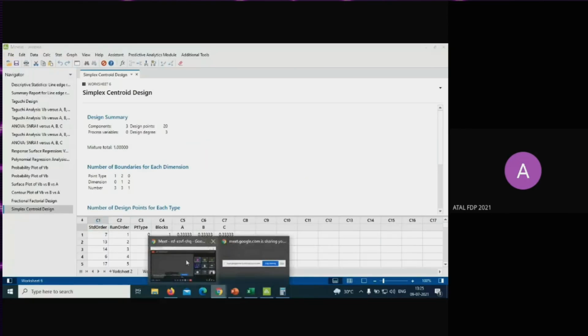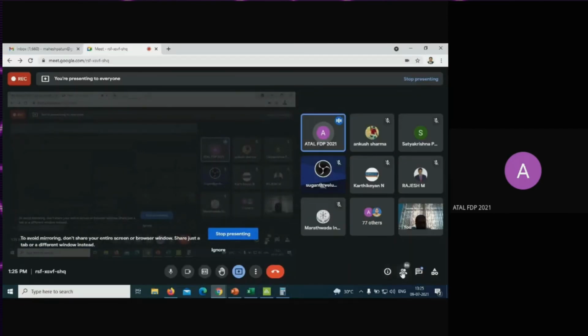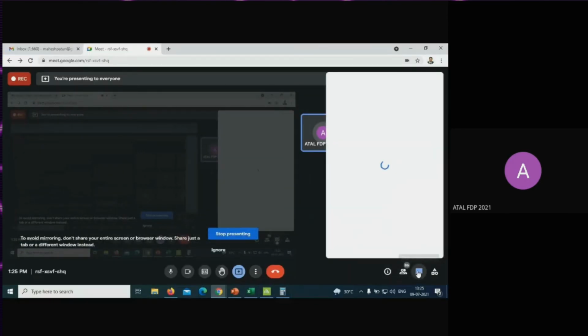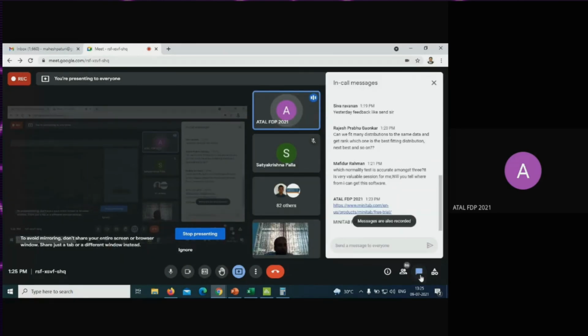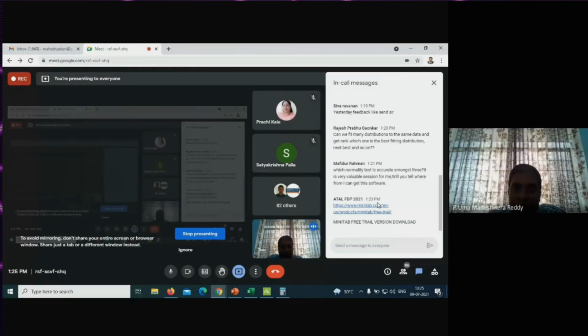Sir, Mr. Subbareddy has asked, some of the surface plots are coming in a zigzag manner. Can we get smooth 3D surface curves with Minitab? Yeah, it is possible. It all depends on the data. If your data follows a normal distribution correctly, you can have a smooth curve. You can still enhance the smoothness of the curve by selecting the polynomial method. That is related to the data.